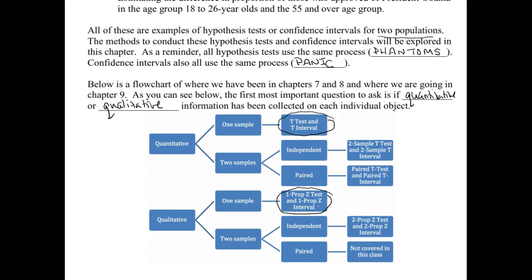The new ones in this section are here. So these are our new ones: two sample t-test and two sample t-interval, paired t-test and paired t-interval, and the two prop z-test and two prop z-interval. And we can see after we've been asked about quantitative and qualitative, the next question is whether we have one or two samples. But now in the case where we have two samples, we have another question that we didn't have to ask ourselves when we only had one. And that is, are those two samples independent or paired? That will be a new concept in this particular unit that we will get to in a later section.